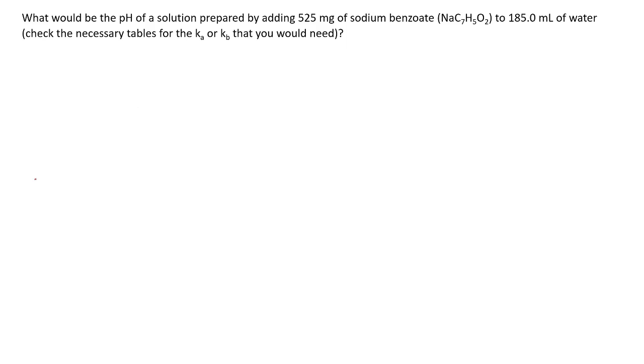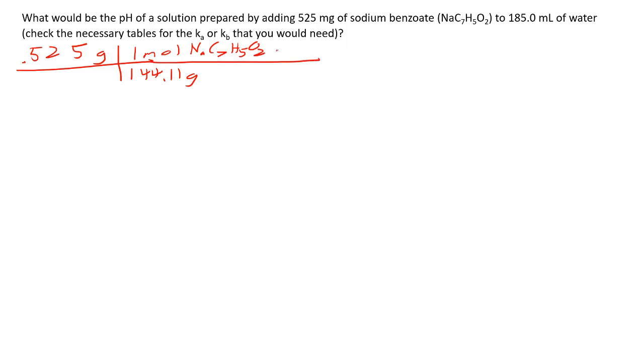So to start, we're going to find out how many moles of benzoate we have, so we can then work with the chemical reaction for that, because we're always going to need a molarity. So we have 525 milligrams, which is equal to 0.525 grams. I just got that by dividing by 1,000. And then we use the molar mass as 144.1 grams for sodium benzoate is equal to 1 mole of our sodium benzoate. And then it's helpful to note, I'm okay if you just recognize, but I like to do this to make sure I know what I'm changing it into, is that 1 mole of sodium benzoate is also,